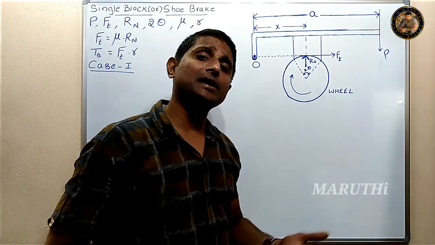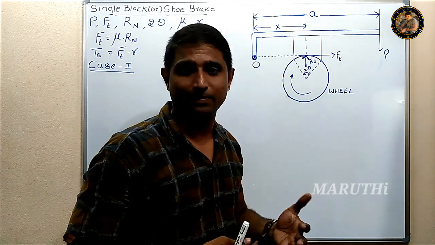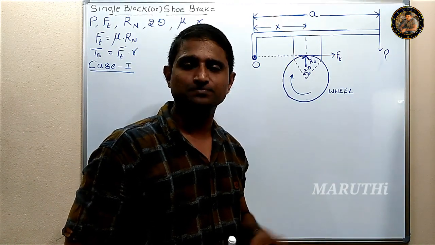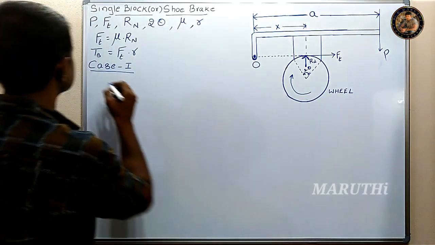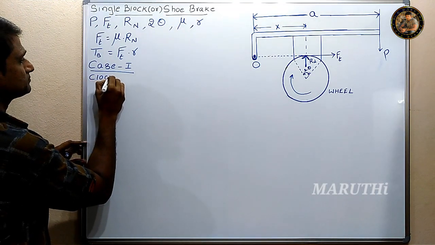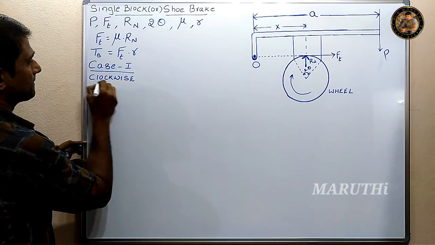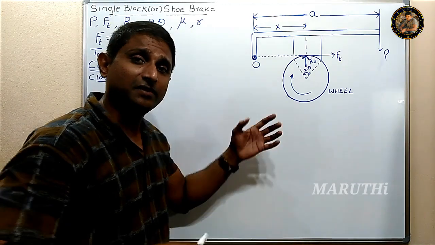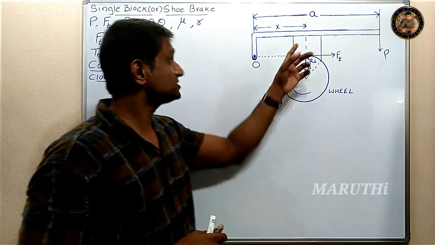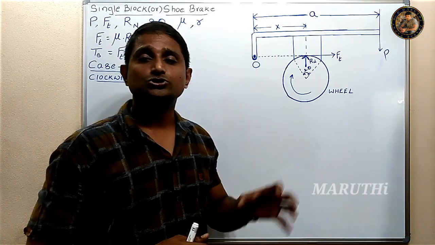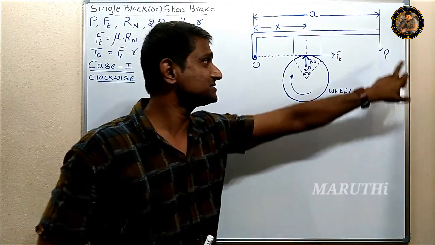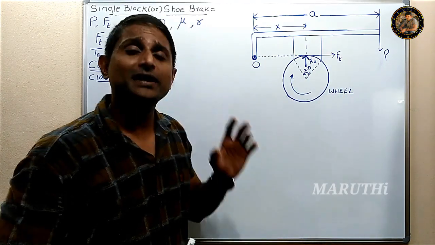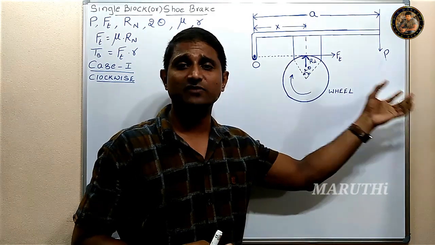So first case. Again here, there can be 2 more sub cases. That is, this brake drum may rotate in clockwise direction or it may rotate in counterclockwise direction. So let us take first of all in clockwise direction. So let us take brake drum is rotating in clockwise direction. So when brake drum rotates clockwise, then we have to apply the equilibrium condition to this shoe, to this block. So due to all these 3 forces, one is P, the other is R suffix N, the other is F suffix T. So let us find out the moment because of all these 3 forces about O.